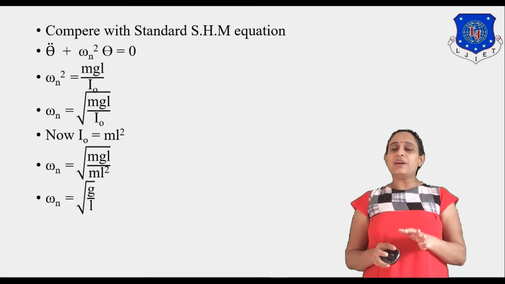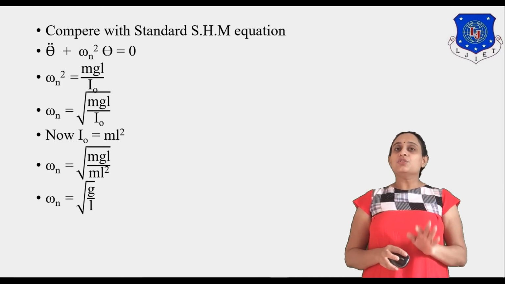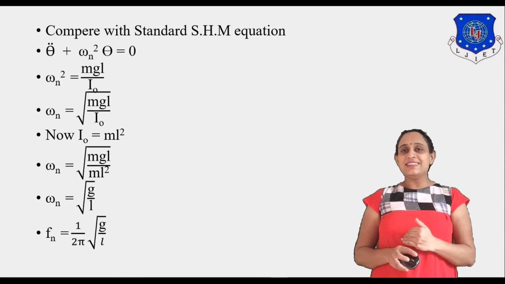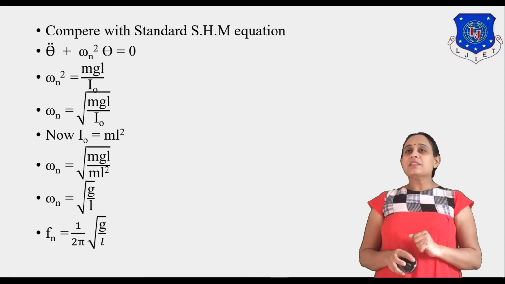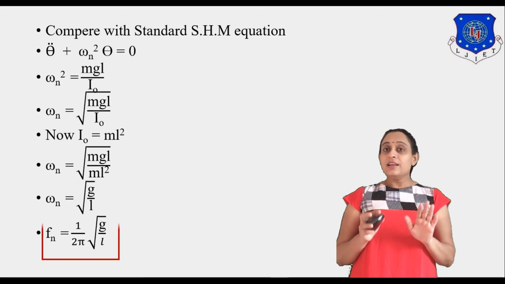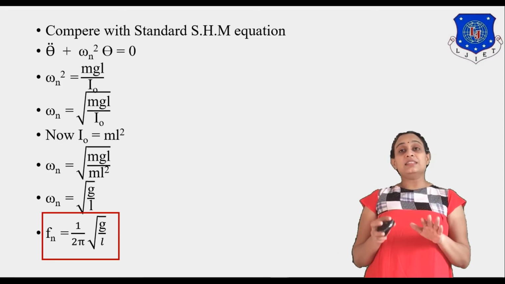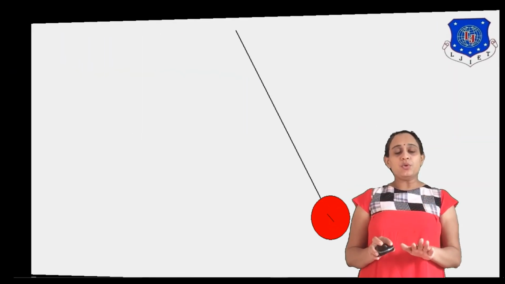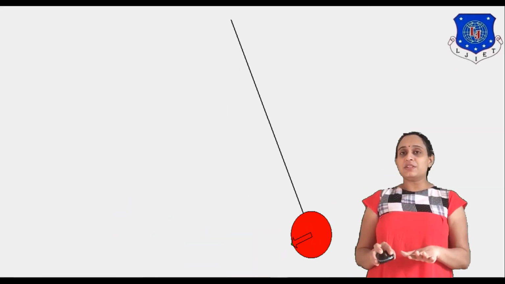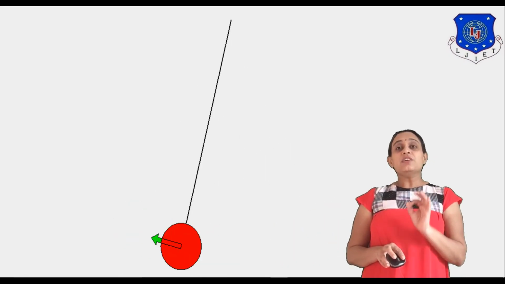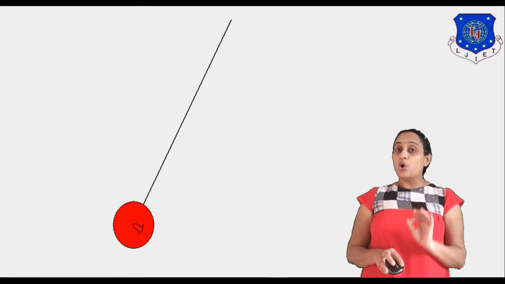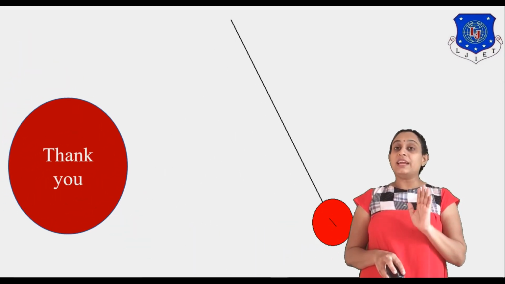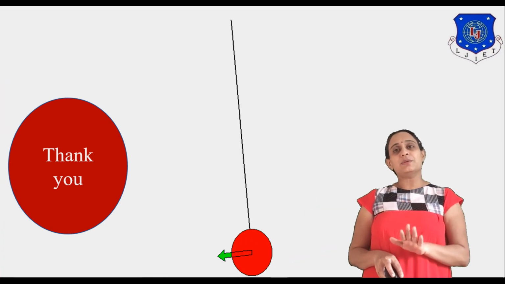Now if we want to find the frequency of the system, what is the frequency? 1 upon 2 pi under root of g by L. So this is our frequency. Now students, simple pendulum problems are the basic kind of numericals for our system. If we want to calculate the simple pendulum frequency, the equilibrium method will be the easiest one. For our purposes, we have to solve nearly 80% of numericals by the equilibrium method.